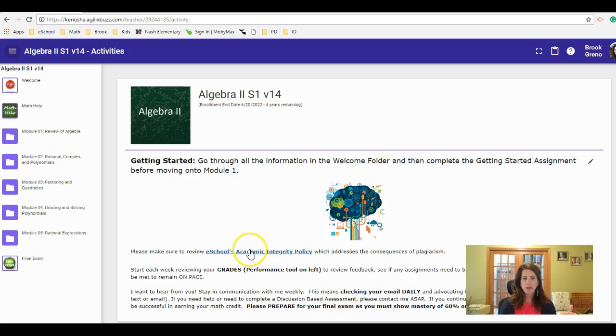Reading through Getting Started, focus on the eSchool's academic integrity policy. This really deals with plagiarism. I wanted to highlight that right off the bat, making sure you've read through it and you understand the consequences and what is not plagiarism. With an online math class, a big thing is that you're Googling or searching for questions and finding answers. There's a bunch of stuff out there on the internet, but you can't copy and paste these right into your assignments or into an essay type question. That is considered a violation. That is plagiarism, and there will be consequences for that. So hopefully you don't have to deal with that.